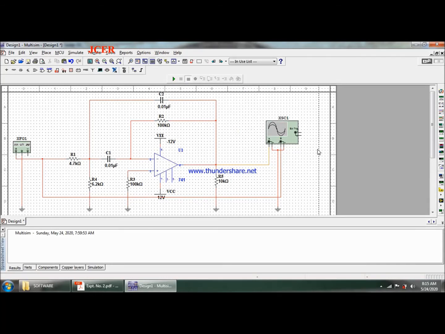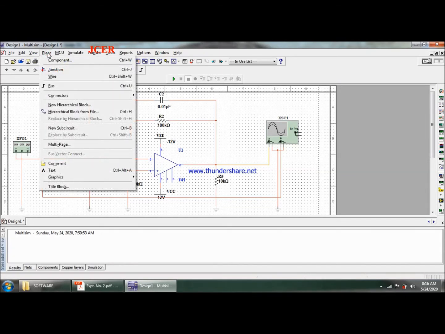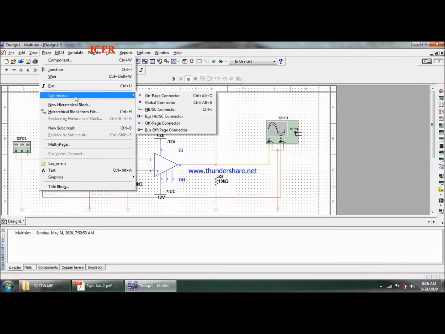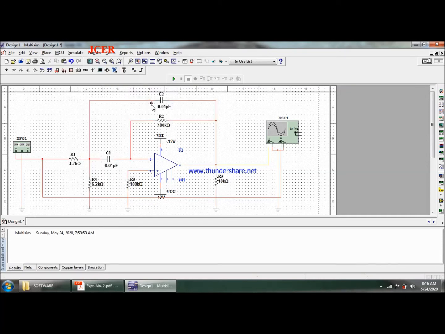An important thing to concentrate on here is that I'll be adding connectors to the circuit so that I can easily access my output terminal and input terminal, so that I can give names to these terminals. I'll go to Place, go to Connectors, and click on Global Connector.